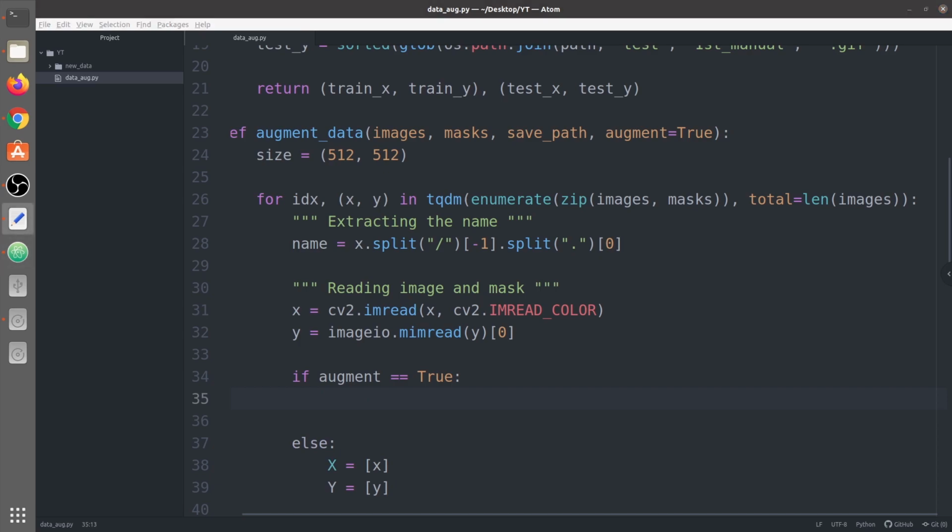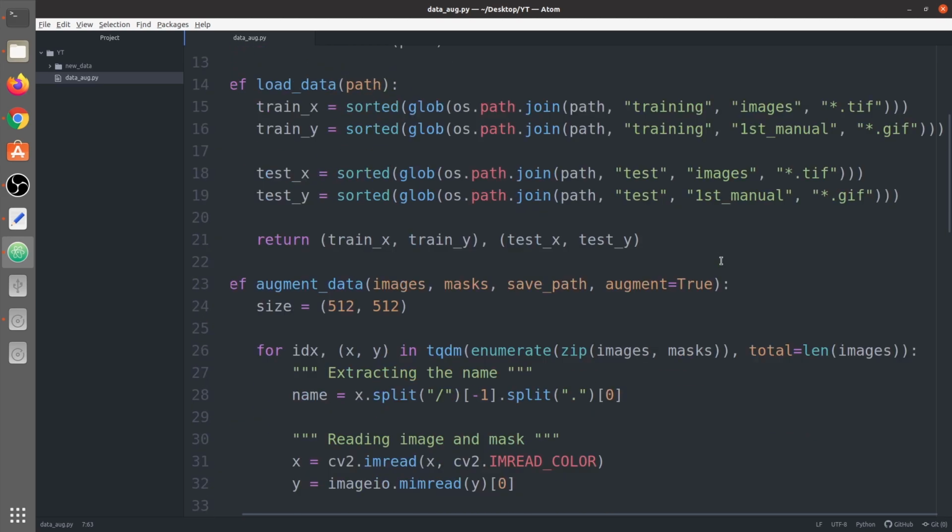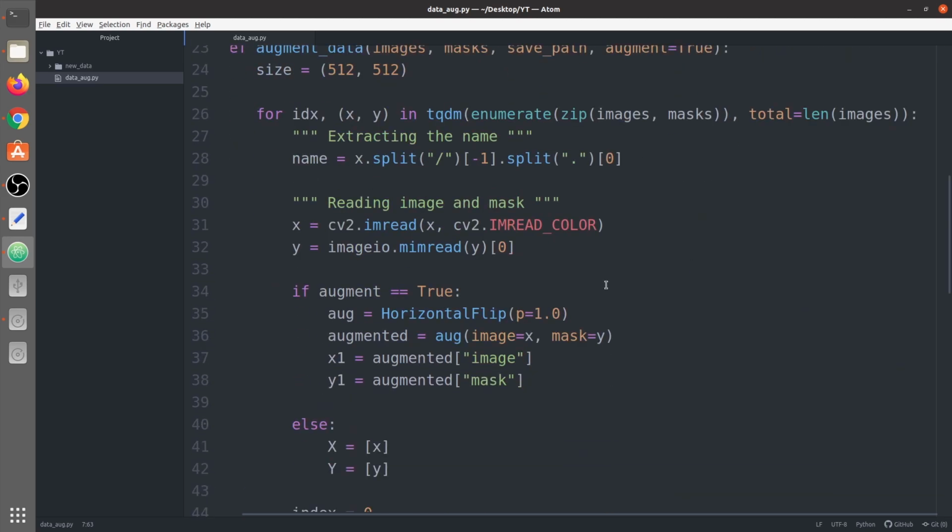First of all we are going to apply the horizontal flipping. If you remember, we already have imported these three functions: horizontal flip, vertical flip and rotate. Inside this horizontal flip we say p equals 1. p is basically the probability of applying this augmentation on the given images and mask.